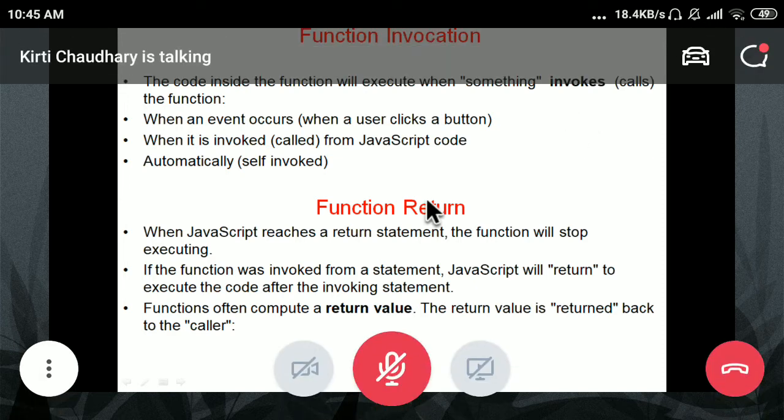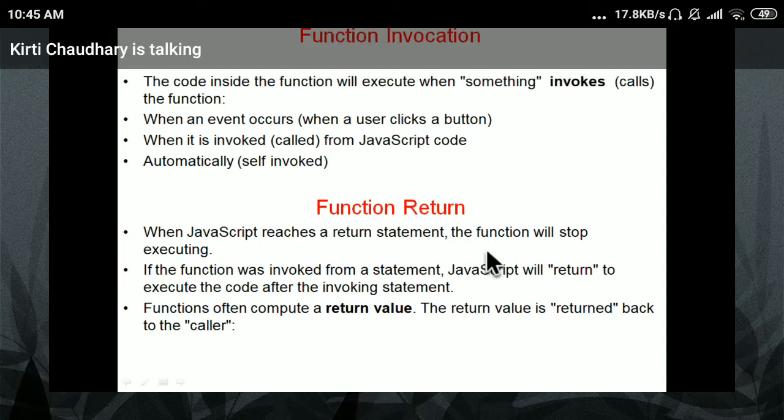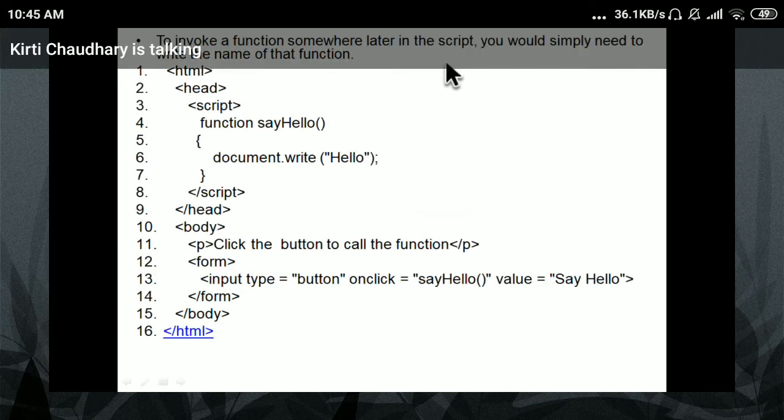So, function invocation and return value. If you want, it will return the value. If you are not writing a return statement, still, when the number of statements are over, control will come automatically to the calling program. Now we will see